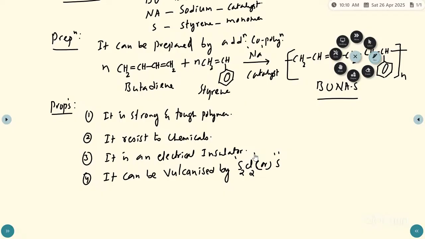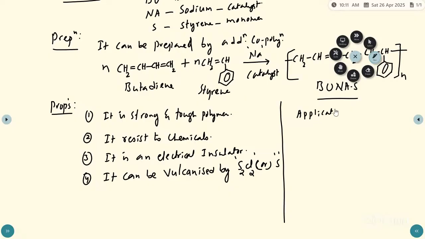So these are the properties of the Buna-S rubber. It is a strong and tough polymer, a tough rubber, it resists chemicals, and it has electrical insulation. Next, it can be vulcanized by sulfur monochloride or sulfur. And next, the applications